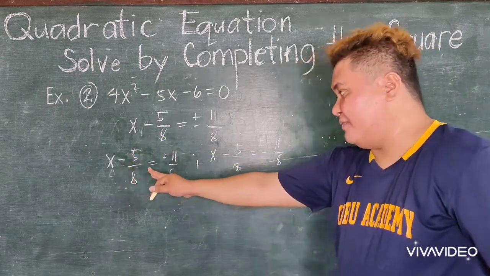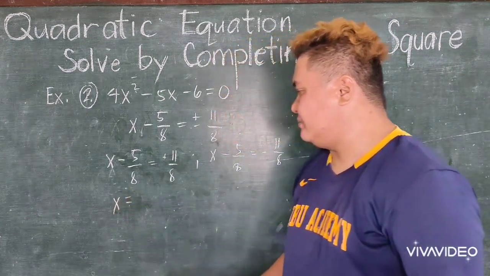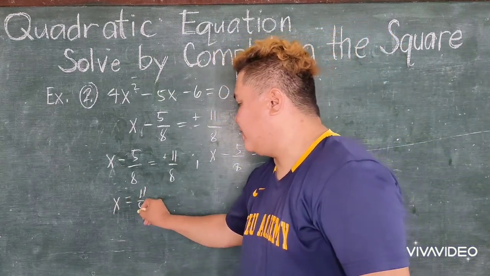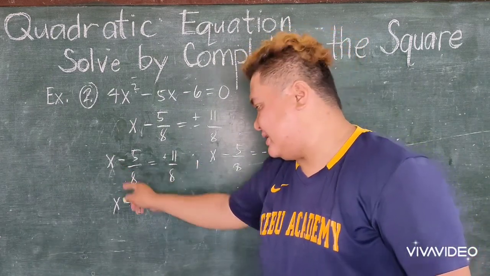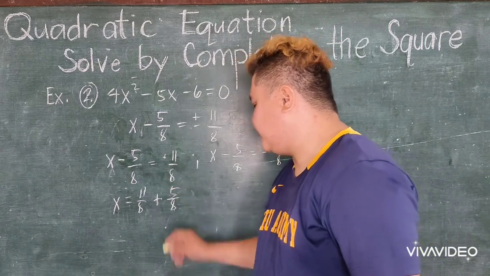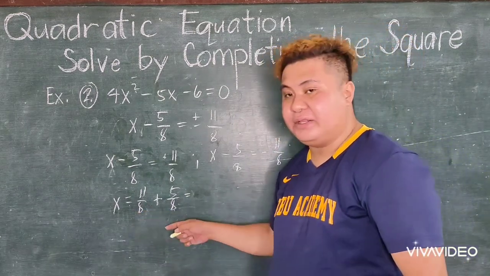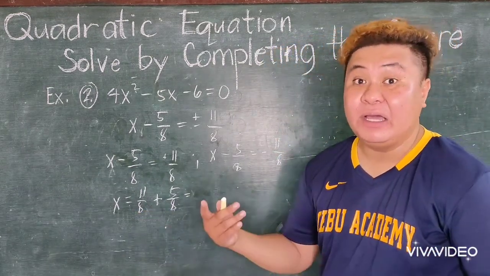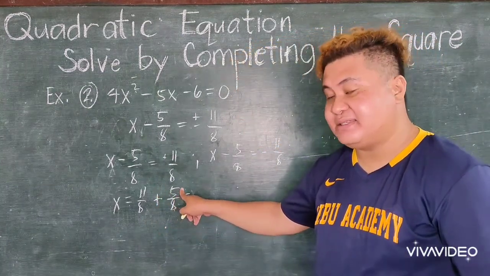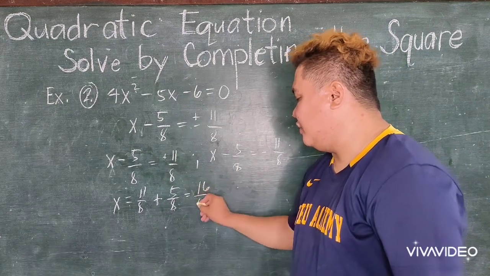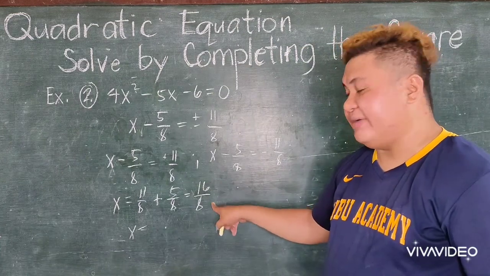Transpose negative 5 over 8 to the other side. So we have x equals 11 over 8 plus, since we transpose it, it becomes positive 5 over 8. Since they have the same denominator, there's no problem. So 11 plus 5 is 16 over 8. x now equals 16 divided by 8, which is